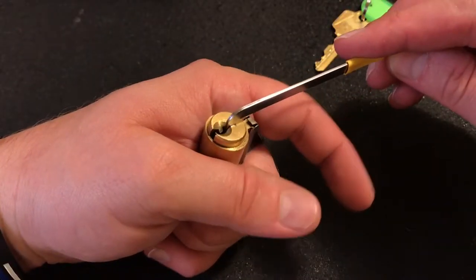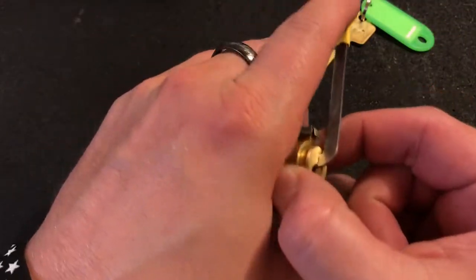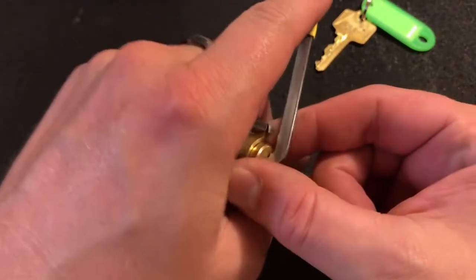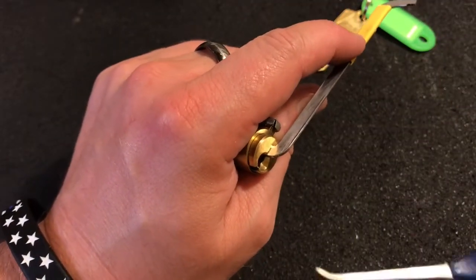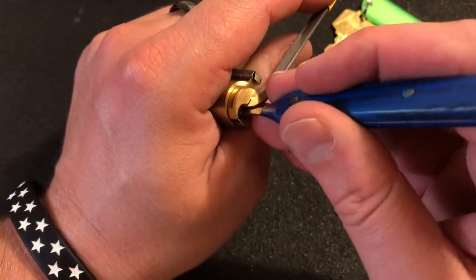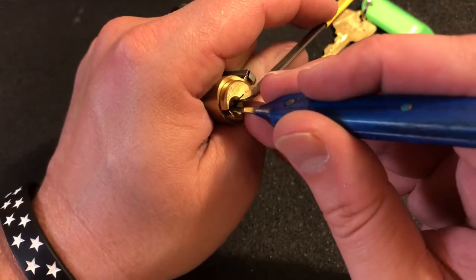So I'm going to use my top of the keyway big honkin' pry bar that was made and sent to me by Darkwood Picks a while back. And let's see, let's get that guy in there pretty good. And then I'm going to use a medium hook sent to me by Tobias and Julian. And then go straight to the back of the lock to that very last pin. Apply, sorry,